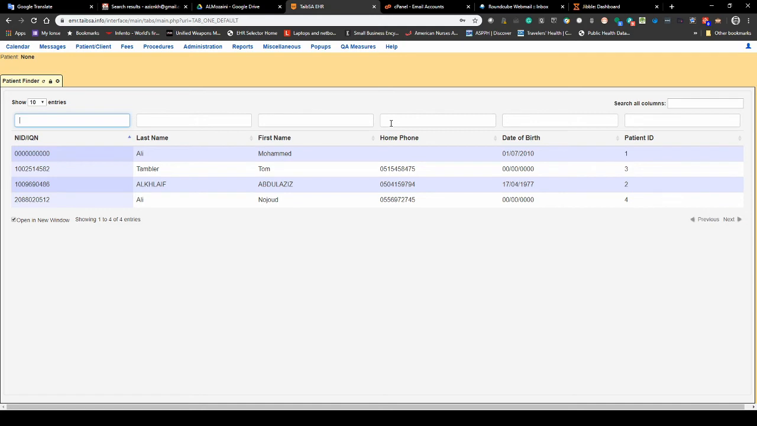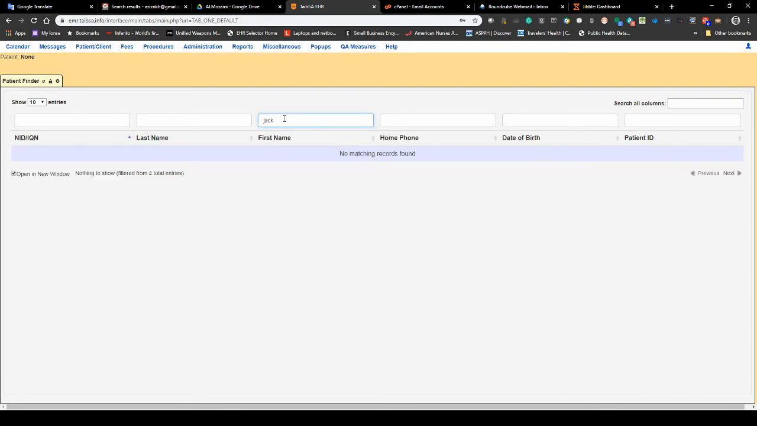And if I search for one patient and I put Jack or something, the system immediately will try to locate that patient. If it doesn't exist, I have to create it. So to create that patient, there is another page to do so. It's called Add Patient,